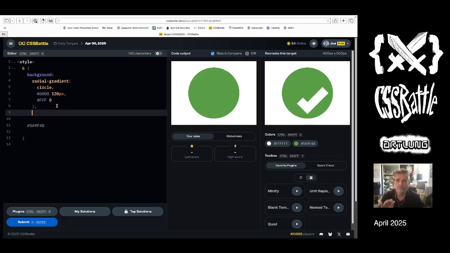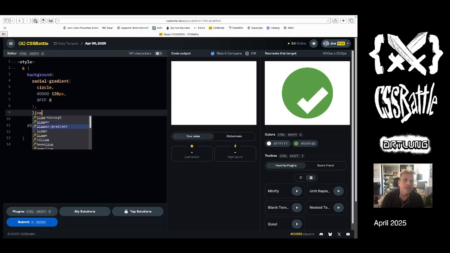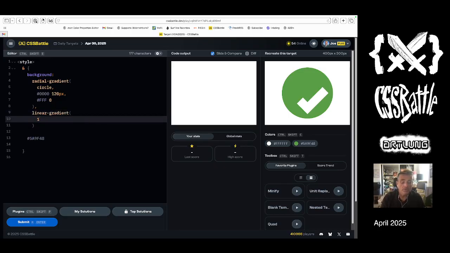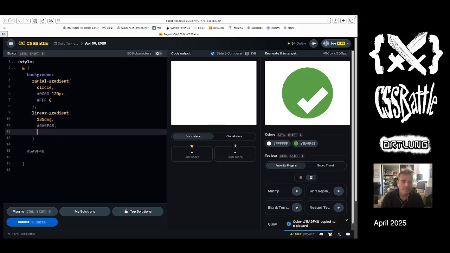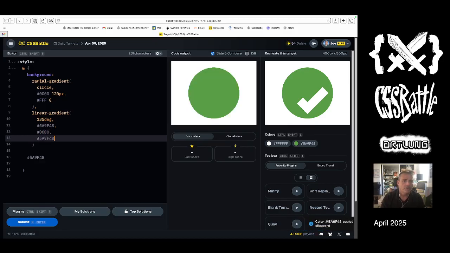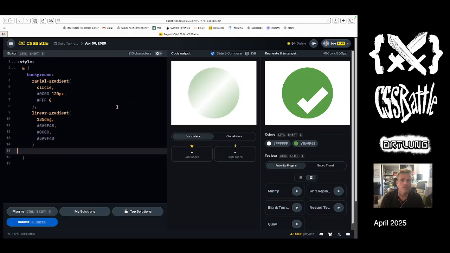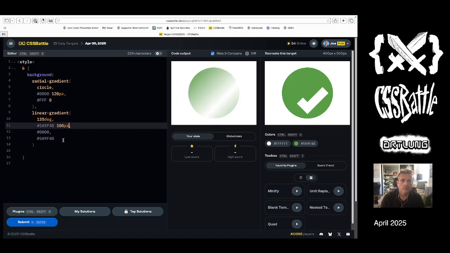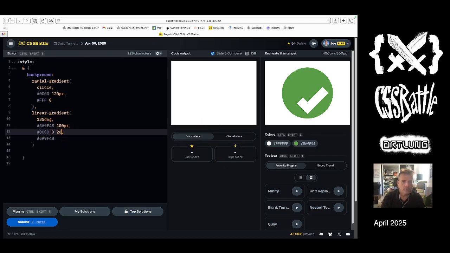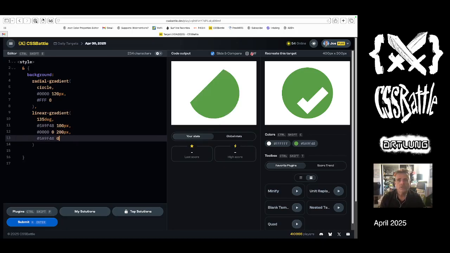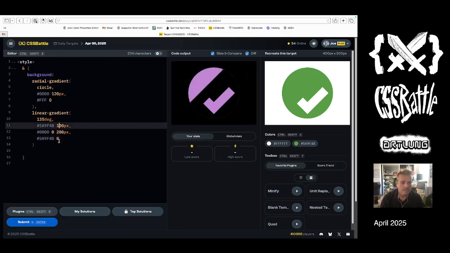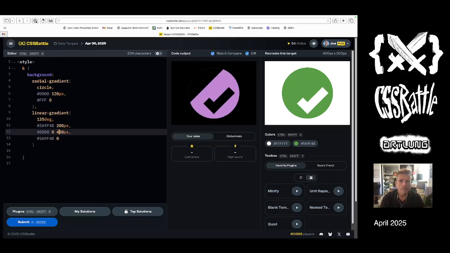Okay, so what are the parts? What are the pieces? Let's do a linear gradient at an angle. I think what I want is 135 degrees. Is that right? I can't remember how it goes. I'm going to undo that. So yes, that's what I want. 0 and then 200 pixels are my color stops. So where does that go? This needs to be like 2, and this needs to be like 4 or 3, 50,